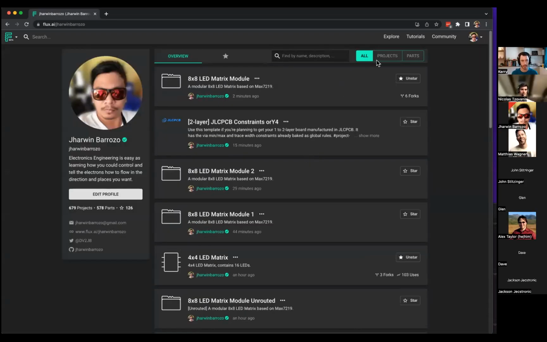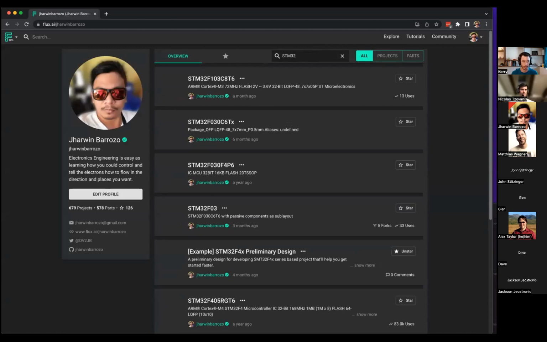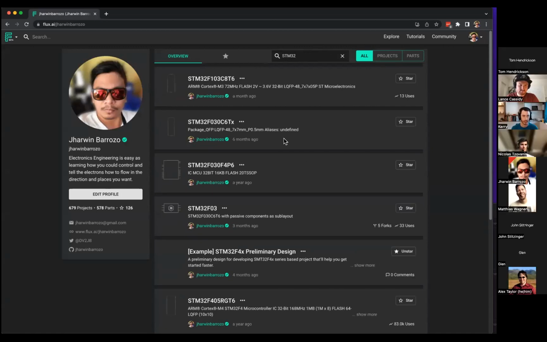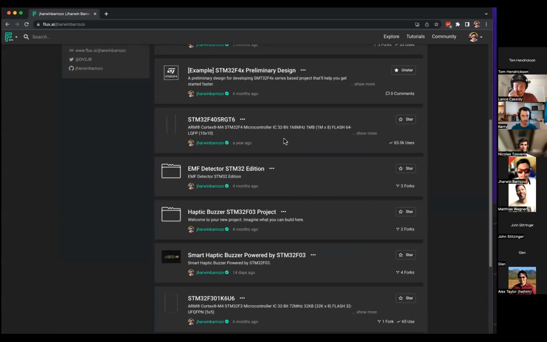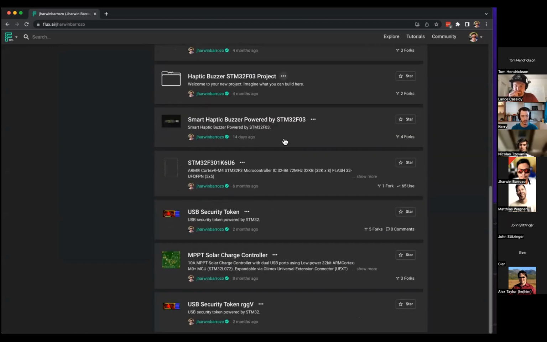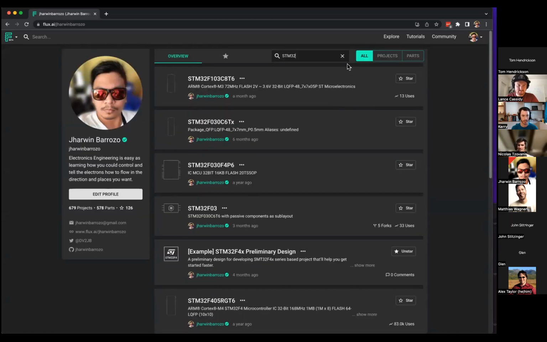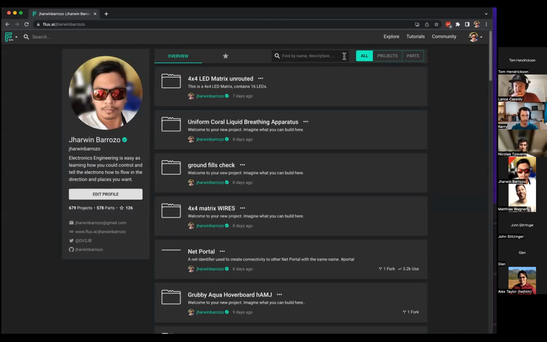I think that's the STM32, right? Just getting some STM32. Oh my god. Yeah, I figured that you might be asking for that reason. So let us find some